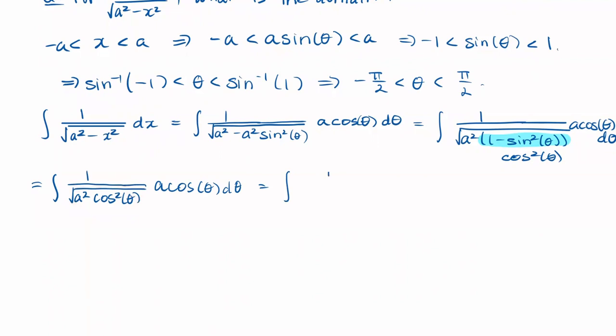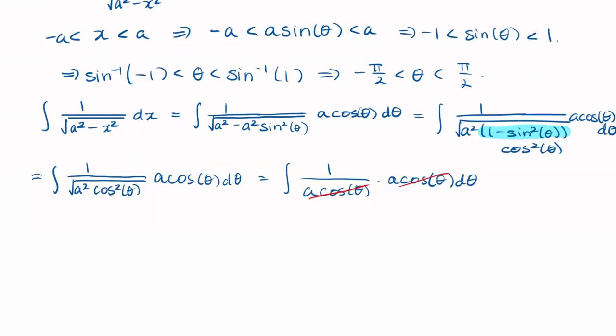So we have 1 divided by a cos theta multiplied by the a cos theta that's out here, d theta. So we see that this a cos theta cancels out. And so we would just get the integral of d theta,